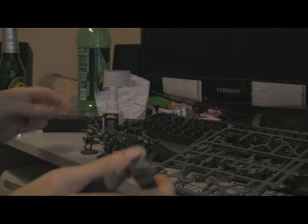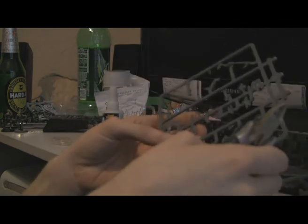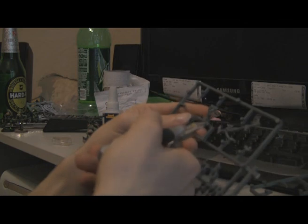Oh, and by the way, hands! This is probably all you're going to see of me because, well, I can't really fit my whole self into this tiny place. So, hands! Anyway,